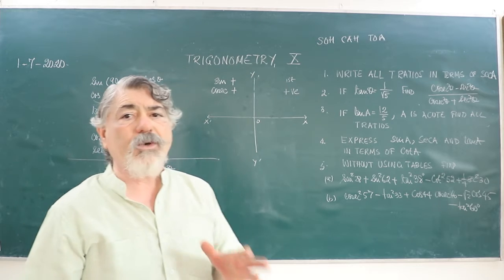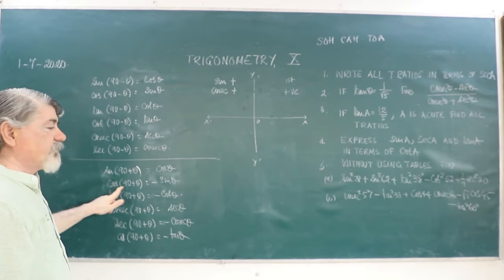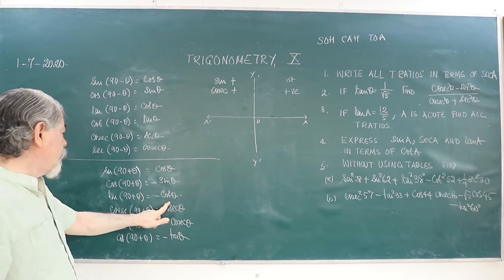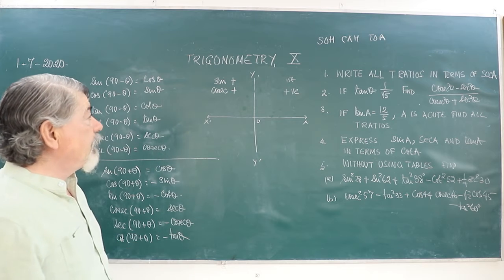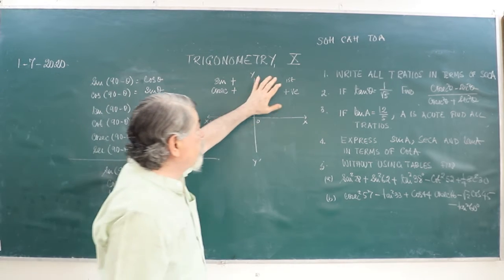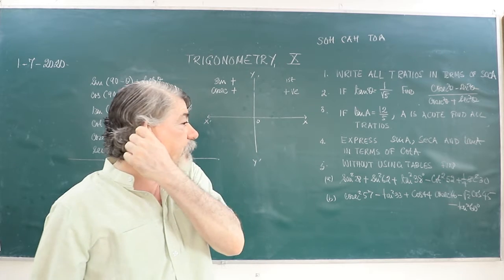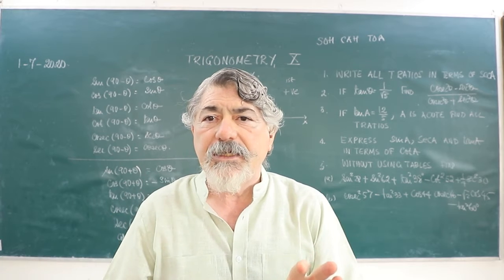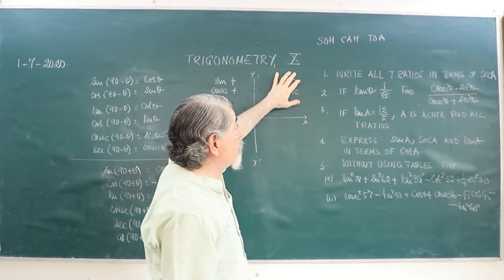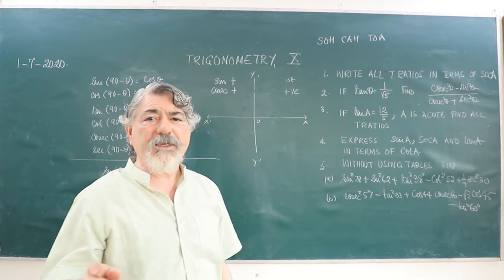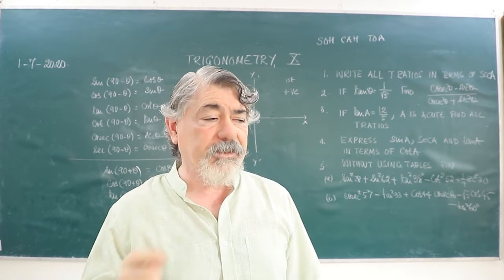So when we are working on the odd multiples of 90, then we change the ratio. Sin changes to cos, cos changes to sin, tan changes to cot, cosec changes to sec, sec changes to cosec, cot changes to tan. And the sign will depend upon the quadrant: in this quadrant, if something is falling, then the sign will always be positive. There will be no change in the positive or negative, and there is no negative in this, only positive. Sin will change to plus cos theta, cos will change to plus sin theta, 90 minus theta I'm saying.